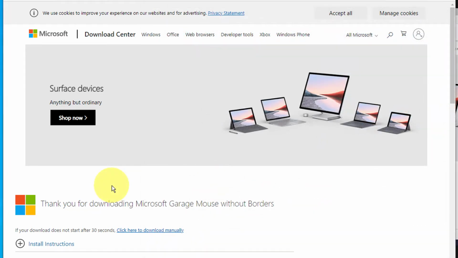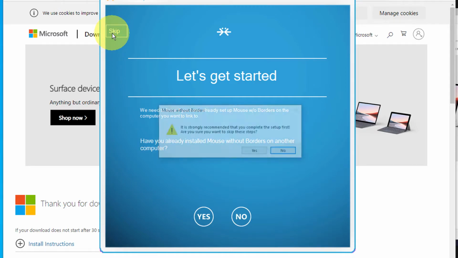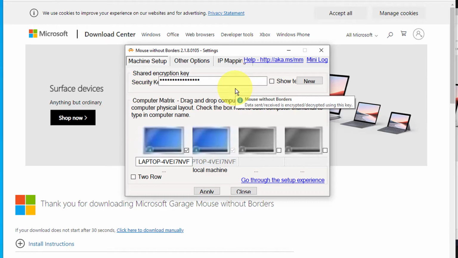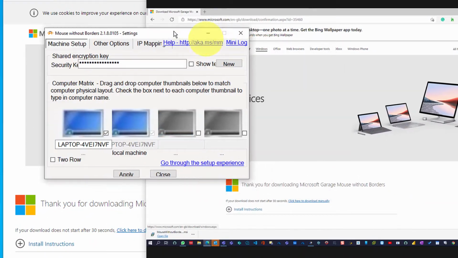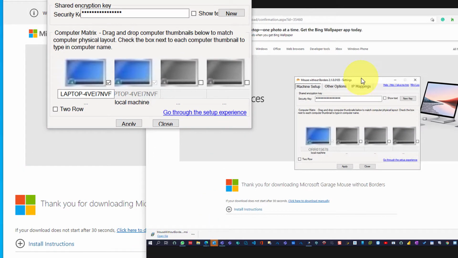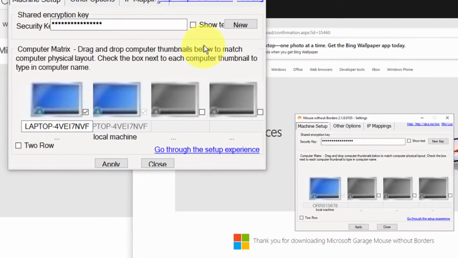Once the application is installed on both of our devices, we have to pair the devices using a unique key, the same way that we pair our mobile devices with our laptop using a Bluetooth pairing connection. Once you do that, open the application on both of your laptops, and as you can see, it is showing the security key. The security key is unique to each machine. Then you have to use the same security key on both of your machines if you want them to talk to each other. You also have to add a device using its device name as well.